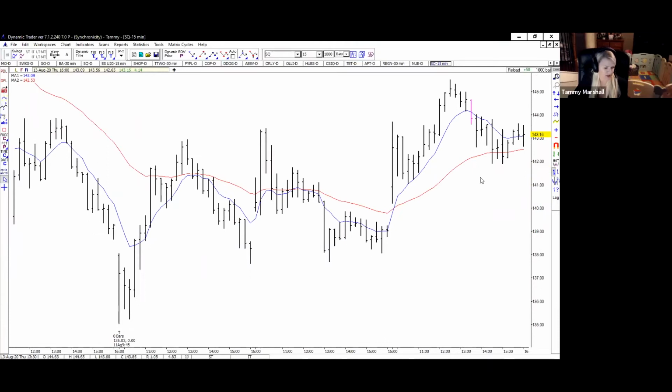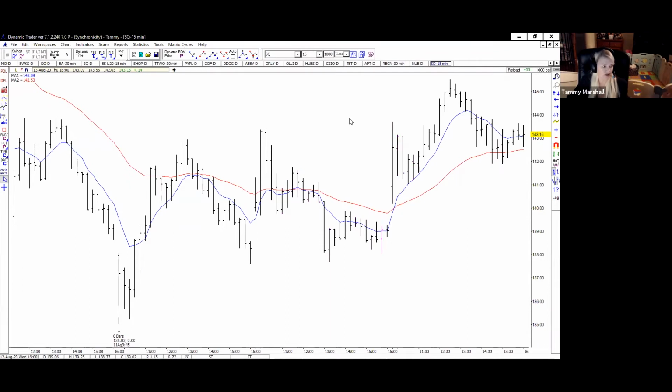The trigger is when the 8 and 34 moving averages cross each other, which you see right over here. That blue line goes above the red line. So setup plus trigger. Of course, it did trigger very small over here, but setup plus trigger equals trade entry,